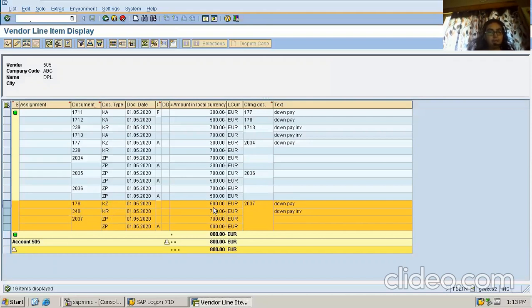So both of them got cleared by the payment document, that is 2037, with this line and this line, and finally the clearing document for all of them is 2037. So that is absolutely fine. So finally 200 got paid by the SBI account. Absolutely fine. So this is the end-to-end process of vendor down payment.